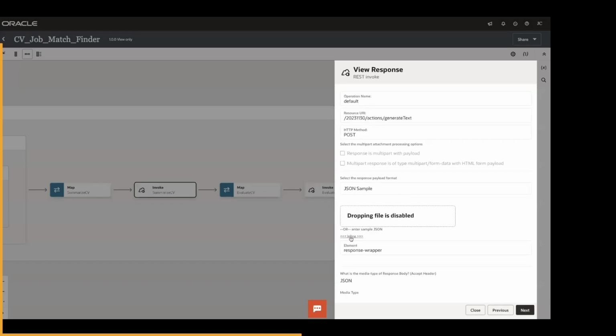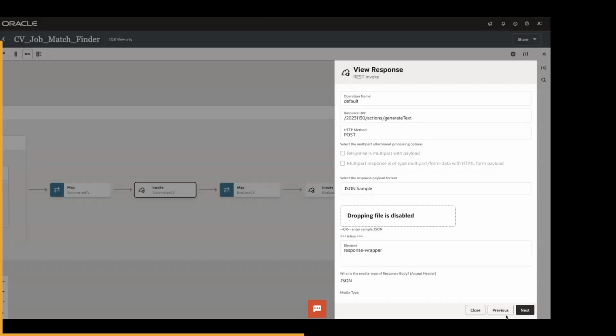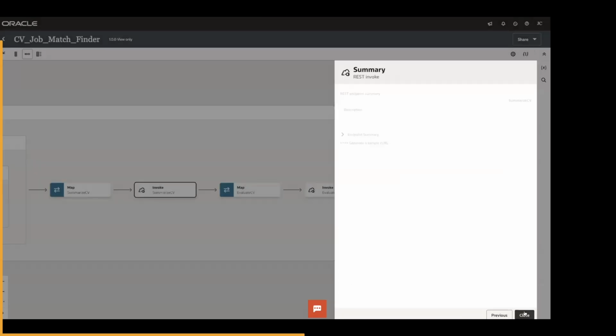After that, we define the response, which is a JSON payload that has the generated text. So you will have an ID for the generated text and the text itself. And that's mainly how we are calling